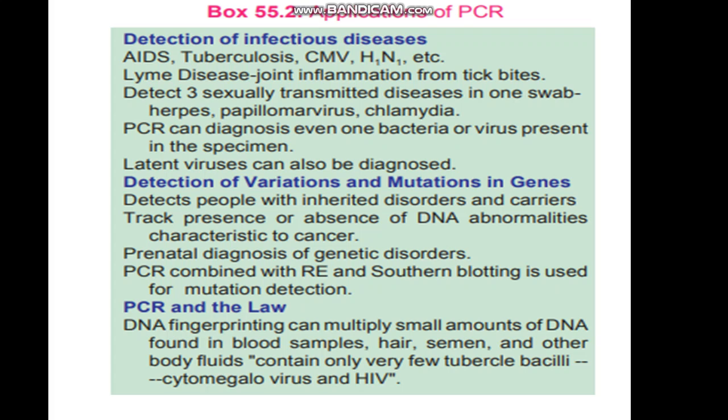Next term is real time quantitative PCR. By this method, the quantity of virus present in the sample can be calculated. That is, this is a quantitative method, for example, viral load in HIV or HBV. We calculate the number of viruses before and after treatment, so the treatment modalities can be planned and the response to treatment can be assessed.